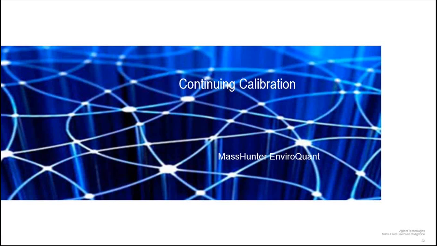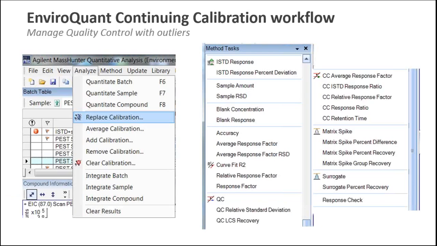All right, let me move next to continuing calibration, which is the heart of GCMS or GC environmental workflows, especially here in the US of A. And it's the idea of reusing the initial calibration based on acceptance criteria. Now I'm going to have to apologize. I'm going to use a fair amount of environmental lingo here, so if you are not an environmental person, I might end up losing some people. So I'm going to jump forward into some